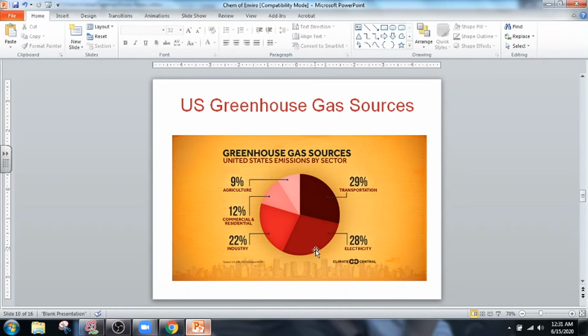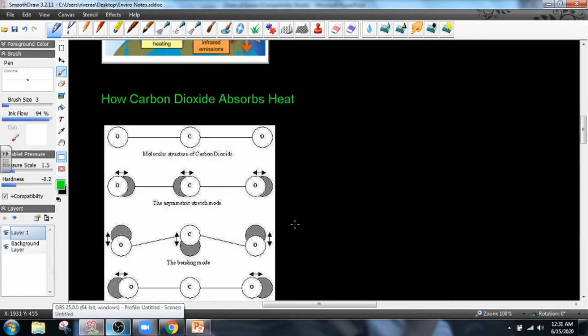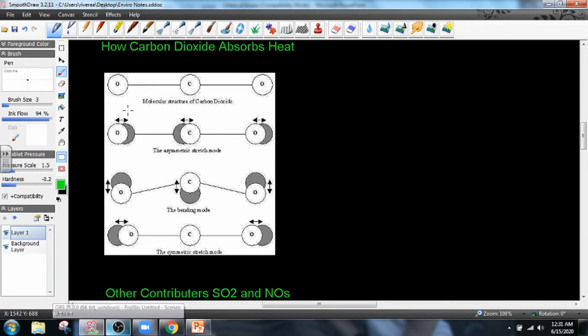Now, where are we getting all of these greenhouse gases? Actually, you know what? Before we look at any more charts, let's answer the real chemistry scientific question of how the heck does carbon dioxide absorb heat? What's special about CO2 and what's special about water that allow them to actually absorb heat as they do? And what's going on here is that